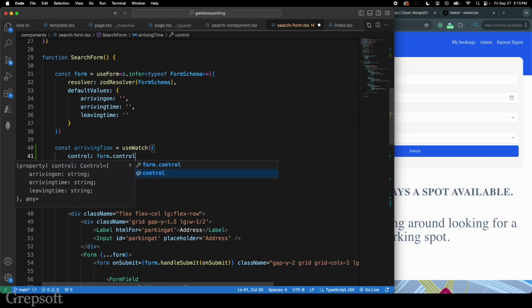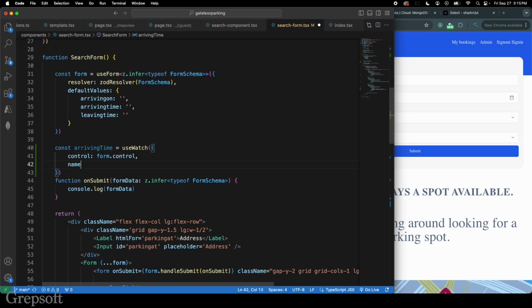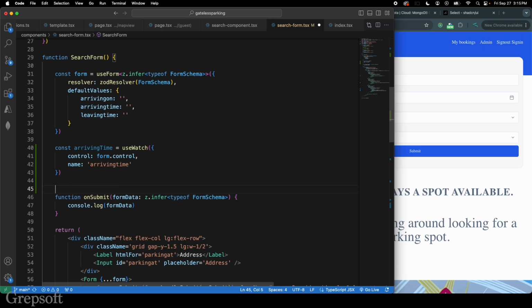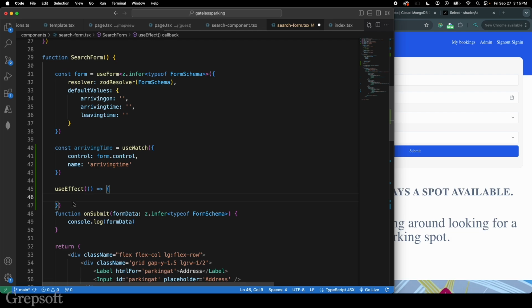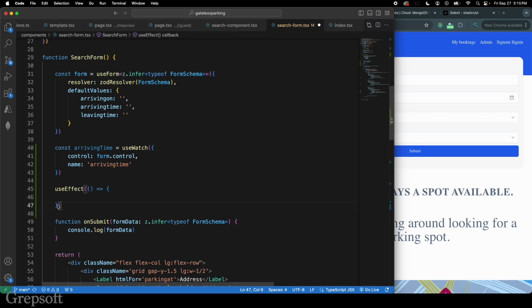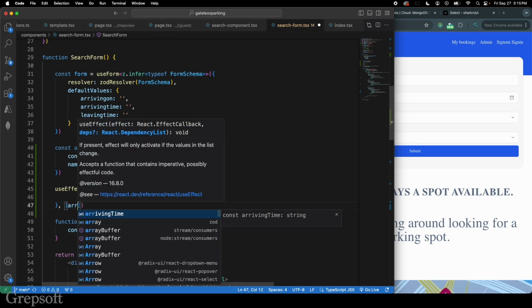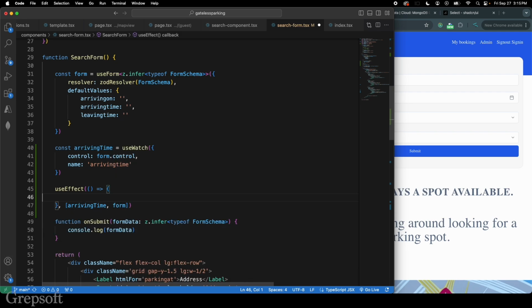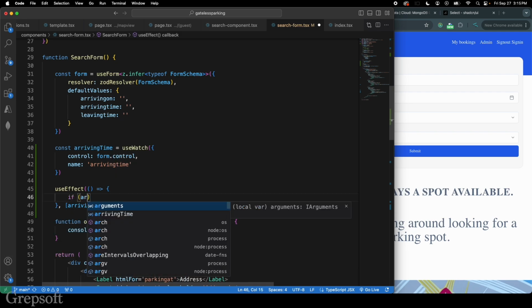Form.control, this one, and then the name of that will be arriving time, like this. So we're going to watch this, and with this we're going to do the changes. And then what we can also do is create a useEffect hook. Okay, and then we'll say arriving time, when this changes, or if the form, then what you do is if arriving time,